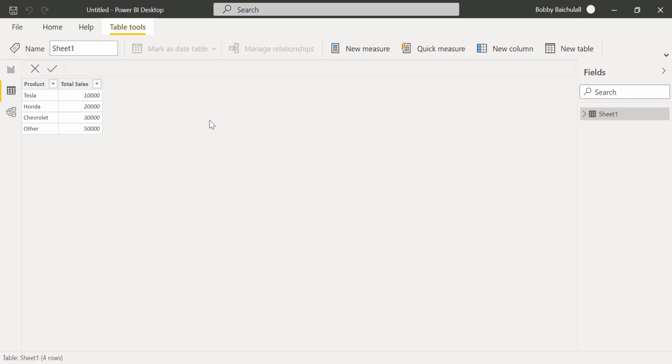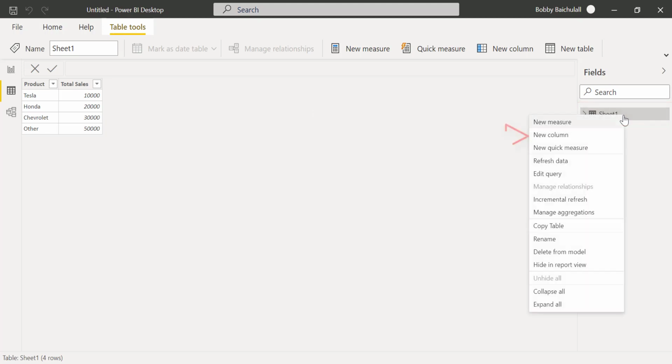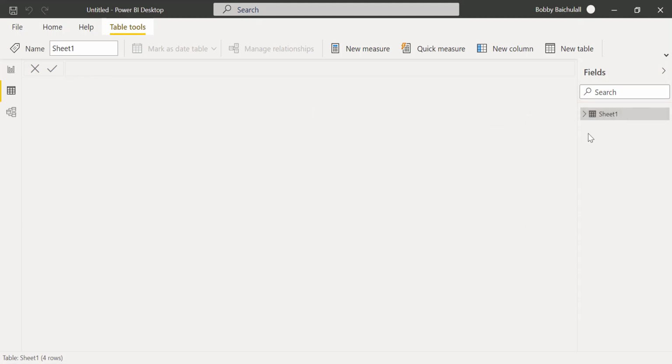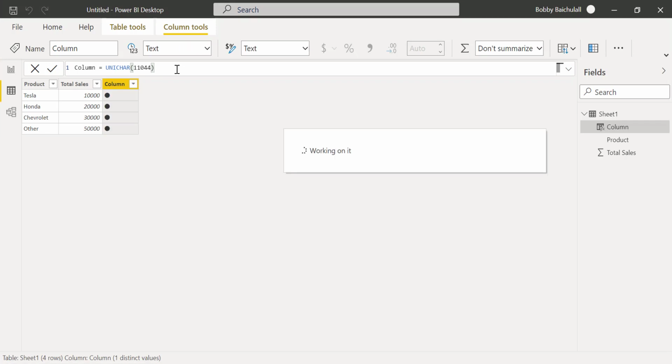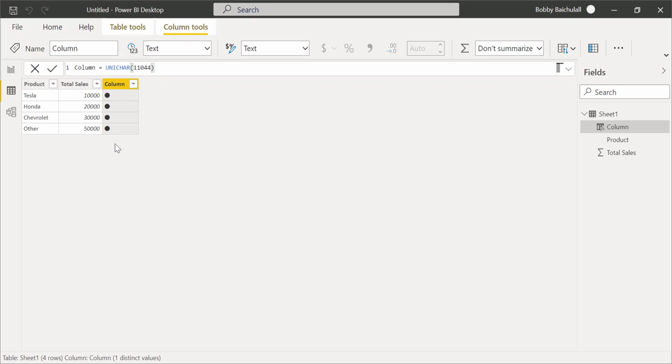To add a traffic light indicator to our table, we'll right-click on Sheet 1 over here, click New Column, and we'll either type or paste the light code into the DAX equation here. If you don't know the light code, feel free to pause the video here and type it down for future reference. After inputting the light code, click Enter on your keyboard. We can see the traffic light indicator created in our new column here, and now we'll change the colors of